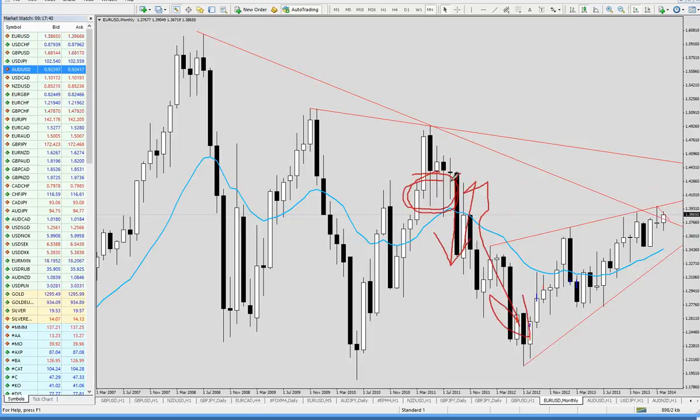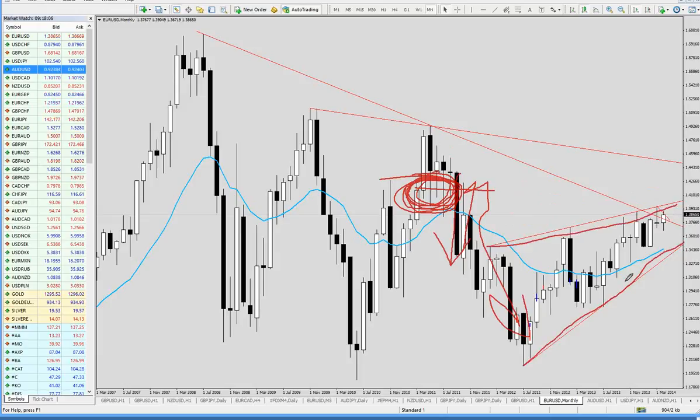So I do expect that somewhere within this area on the monthly chart, somewhere here, we could see the final top for euro dollar and to move lower,